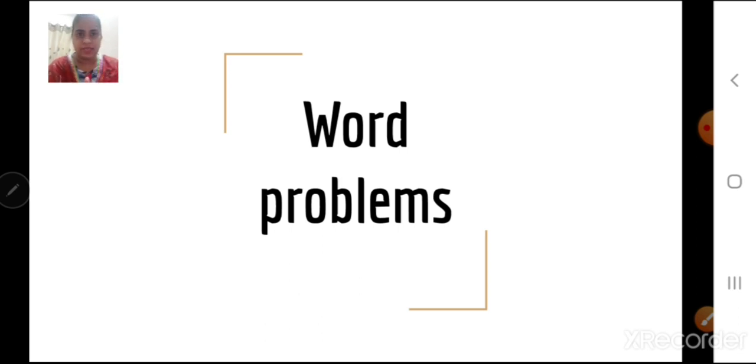Understand what they are asking, whether it is an addition word problem or a multiplication or a subtraction word problem. What type of word problem it is, we can find out by reading the question and understanding it. Then after we understand, we have to write the statements. After writing the statement, we do the operation they have asked, and then finally we write the answer. So these are a few steps in word problems. Now let us see an example.